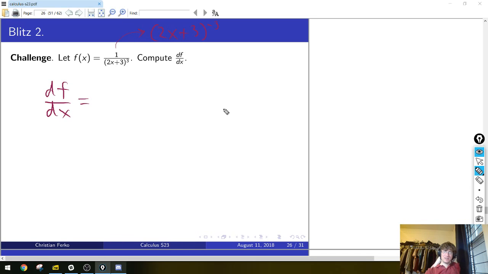Good, okay. So, alright, let's see. So you were telling me this is a composite where the outer function is raise the thing to the minus 3, and the inner function is 2 times the thing plus 3, right? So I believe that we proved previously that the differential of a